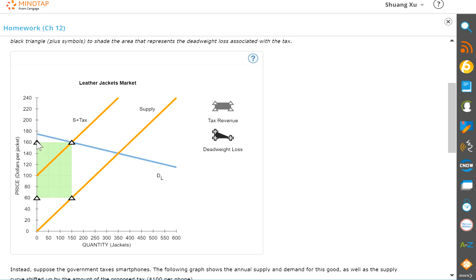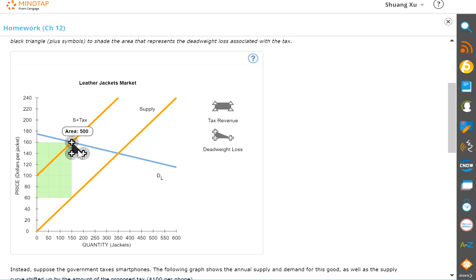So take your price for buyers, subtract the price for sellers, and multiply by the quantity of transactions you have. The tax per unit is 100, and your quantity of transactions is 150, so 100 times 150 is your tax revenue. And then for the deadweight loss